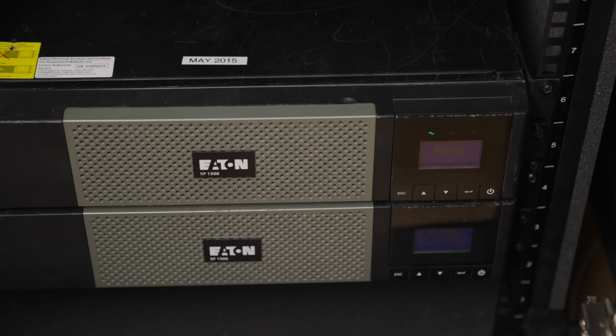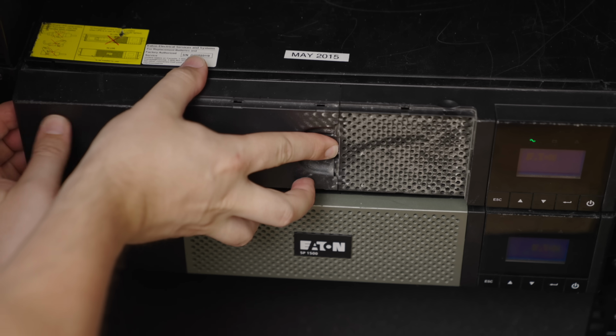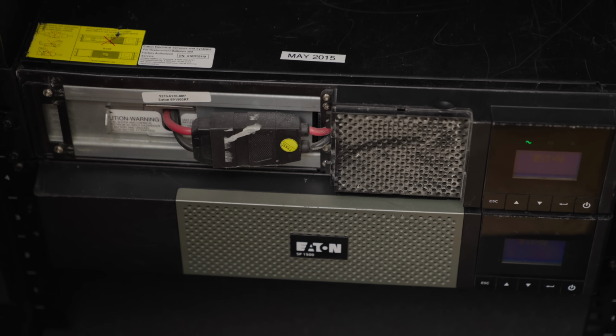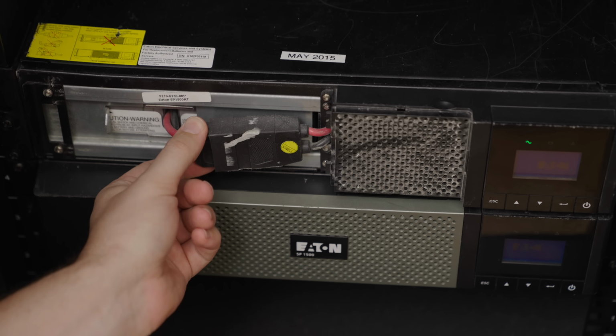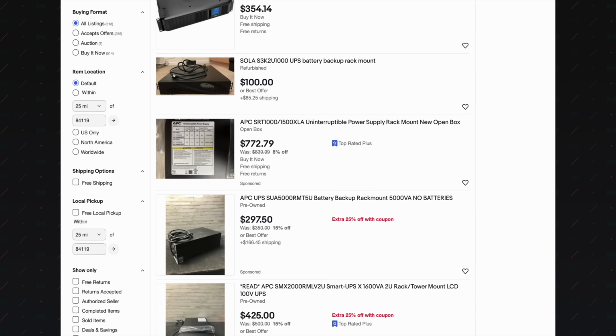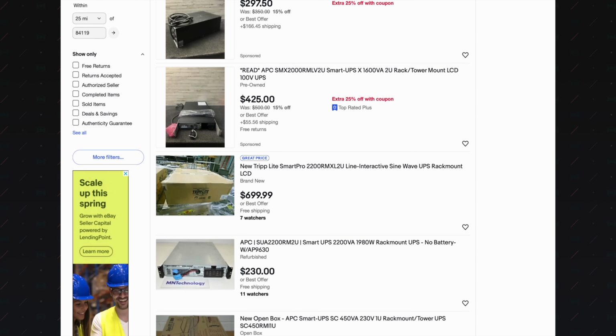Never buy these new. It's not worth it. The large majority of the value in these things is batteries. And once the batteries are not working, companies just get rid of them. They throw them away. But these are valuable pieces of equipment. They're like $2,000 new. I picked up each of these for less than $100 and then spent a couple